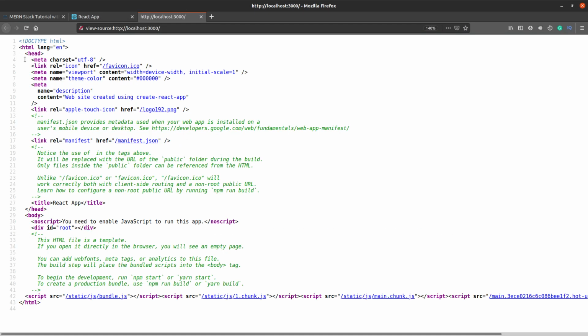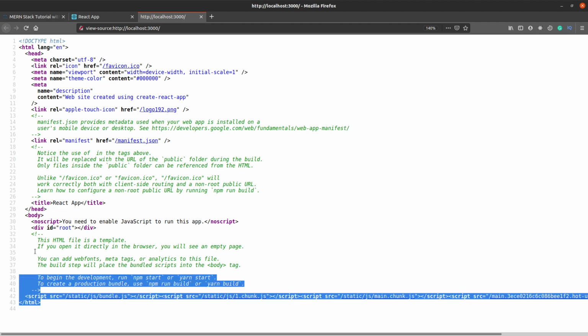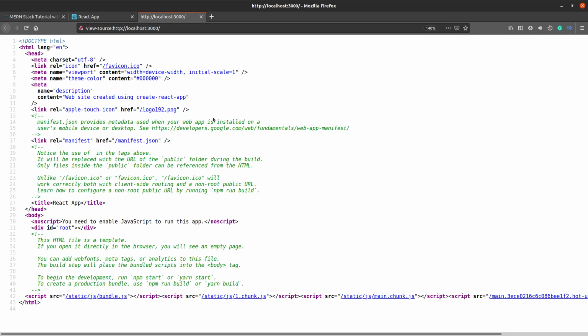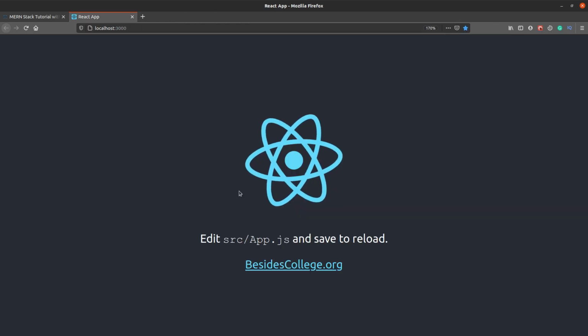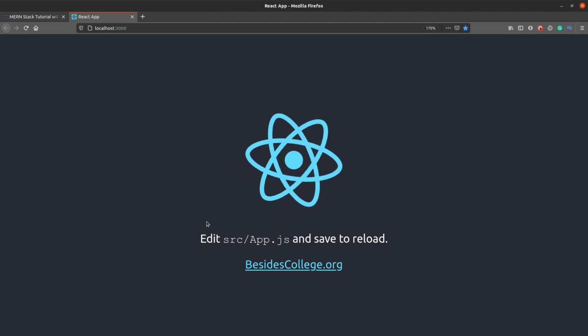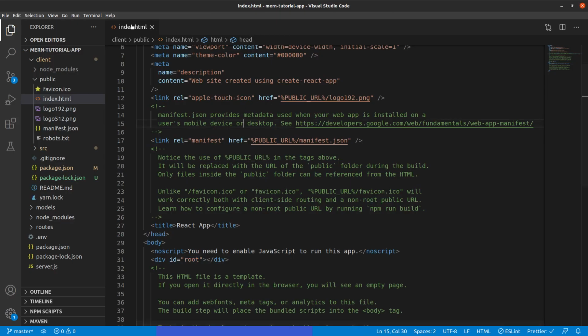So as you can see, the HTML file we have seen before is the same content that we see here. Okay, all right, so this is what we want to take notice of right now. So the root element is the one key element that we want to discuss. So let's jump back to the IDE.